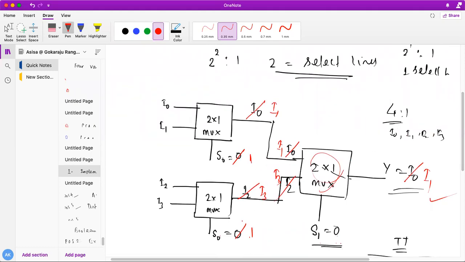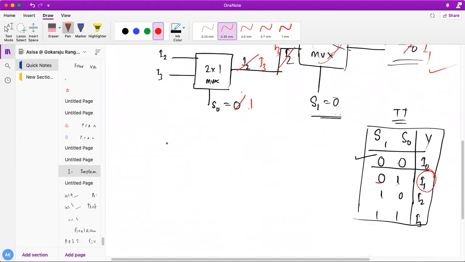Do all of you understand, or any doubt? In a 4x1 mux, how many 2x1 muxes do we need to design it? In order to design a 4x1 mux, we need 3 2x1 muxes. So what do you understand from this? How to find this number of muxes? You can find it as 4 by 2, plus whatever the 4 by 2 result is, divided again by 2.